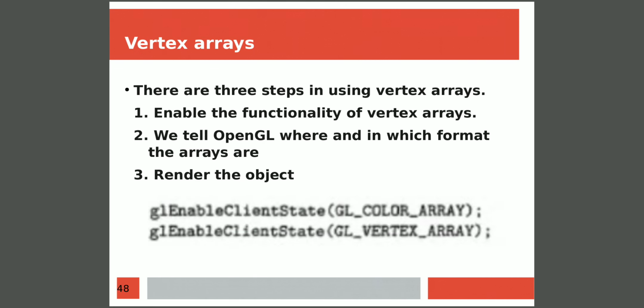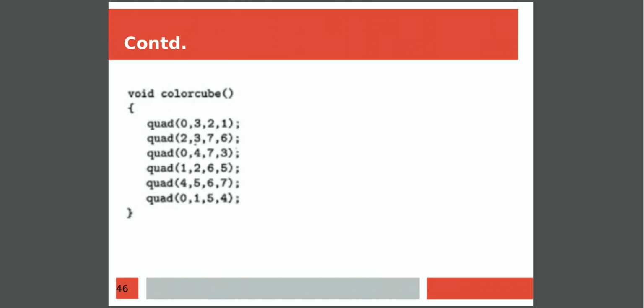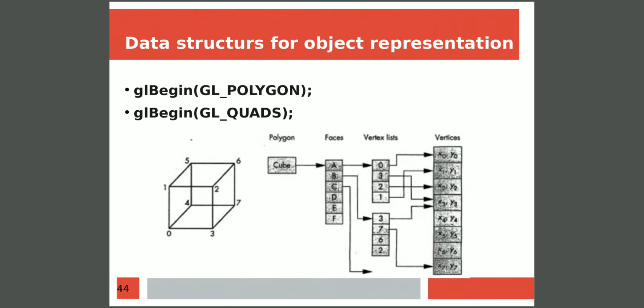Then, as I said, when we consider the face of a cube as a polygon or a quadrilateral, we need to repeat the GL begin, GL end functions and the specification of vertices multiple times, that is 6 times for 6 faces. But instead of repeating the same functions multiple times, we can go for the next representation, that is known as vertex array or vertex list. That representation we discussed with the diagram in the previous slide, where the cube is represented at multiple levels.